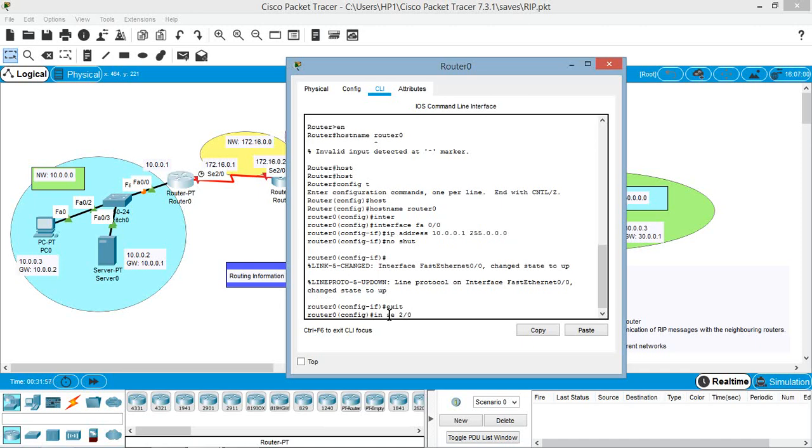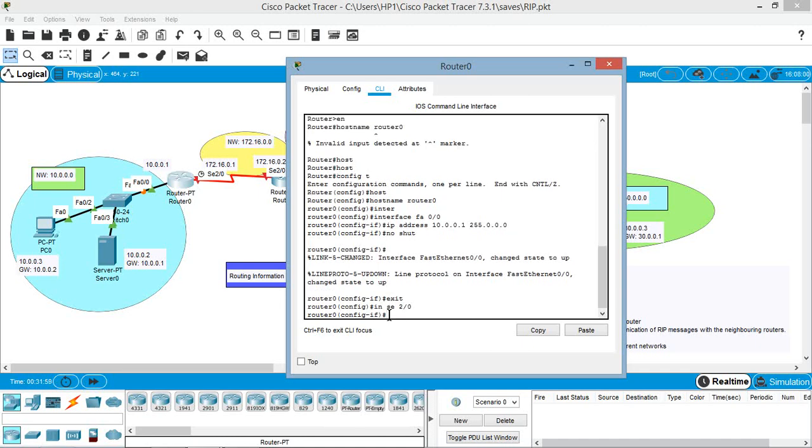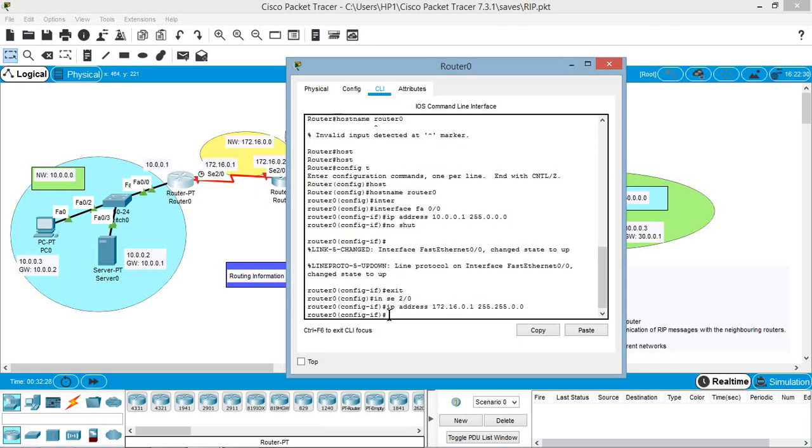You can observe on this router the serial interface is 2/0. Now once we are on this interface, we need to configure the IP address 172.16.0.1, as seen in the diagram, and the mask for this address is 2 octets high and 2 octets low because it is a class B IP address.